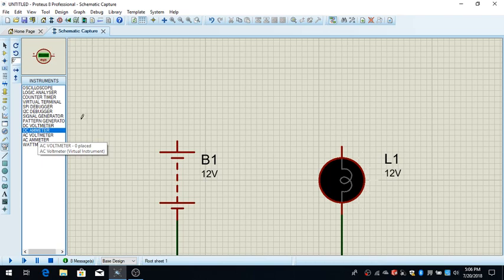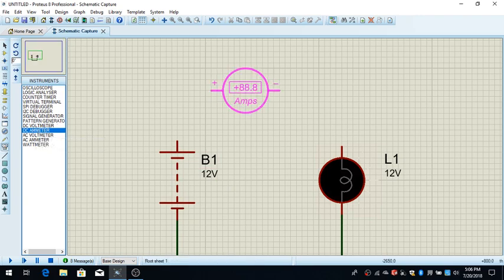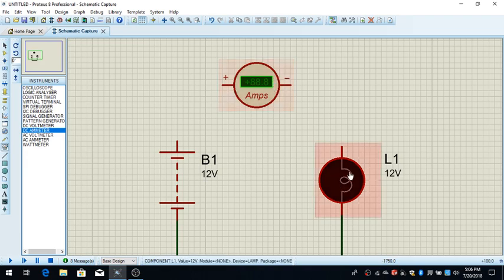Why DC? Because here we have a DC voltage source, and if you have a DC voltage source, you are going to have direct current in the electrical circuit. So here, left click on DC ammeter. Now left click here on the worksheet, and you are going to connect this ammeter in series with this lamp. So here we just connect